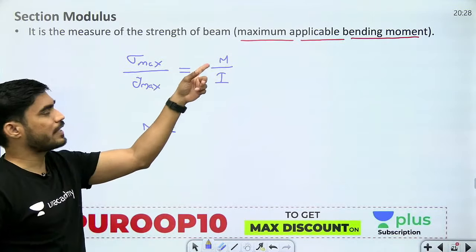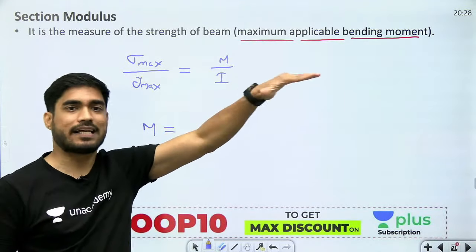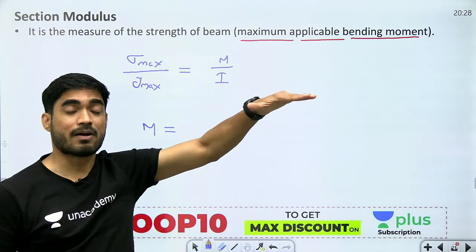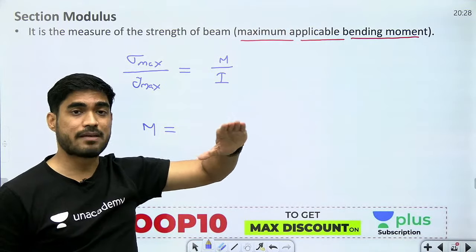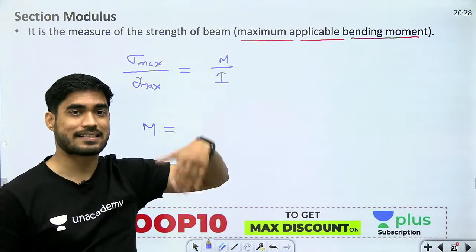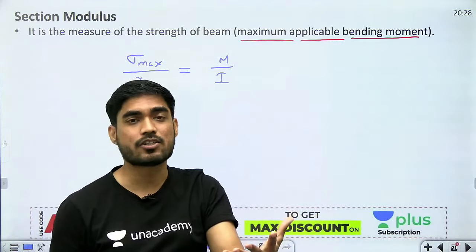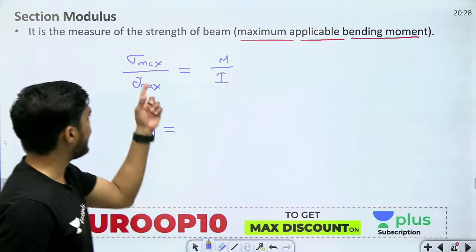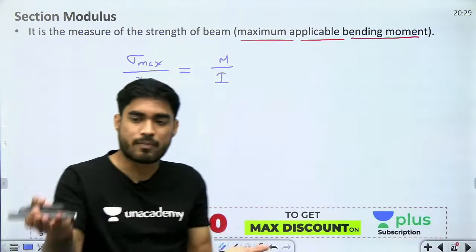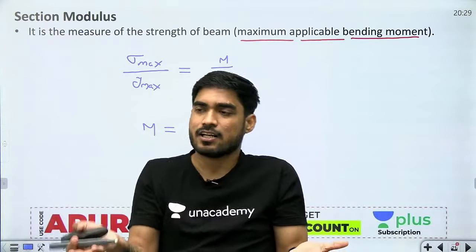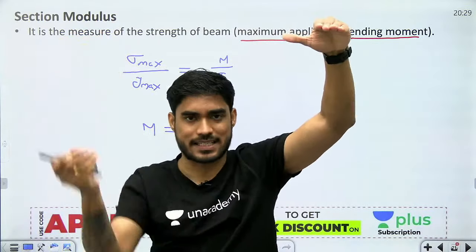मेरे को मैक्सिमम बेंडिंग मोमेंट कब मिलेगा? जब सिग्मा मैक्स में किसके बराबर तक ले चला जाऊंगा? स्ट्रेंथ ऑफ द बीम, सॉरी स्ट्रेंथ ऑफ द मटेरियल. क्योंकि उससे ज्यादा अगर मैंने बेंडिंग मोमेंट लगाया तो बीम का जो मटेरियल है उसकी स्ट्रेंथ से ज्यादा स्ट्रेस आ जाएगा एंड मटेरियल इज गोइंग टू फेल, है ना. तो मैं सिग्मा मैक्सिमम जो है कहां तक लेके जा सकता हूं? अगर आप बेंडिंग मोमेंट बढ़ाते जाओगे सिग्मा मैक्स बढ़ता जाएगा. तो मैं बेंडिंग मोमेंट बढ़ा रहा हूं, सिग्मा मैक्स बढ़ रहा है, कहां तक लेके जा सकता हूं?